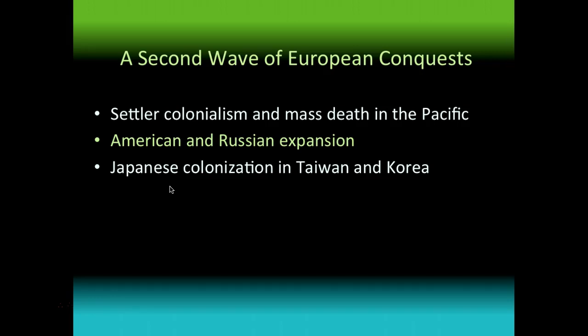And the United States would also end up expanding into the Caribbean and Pacific Ocean. They seized Puerto Rico and Hawaii and the Philippines as part of the Spanish-American War. And similar